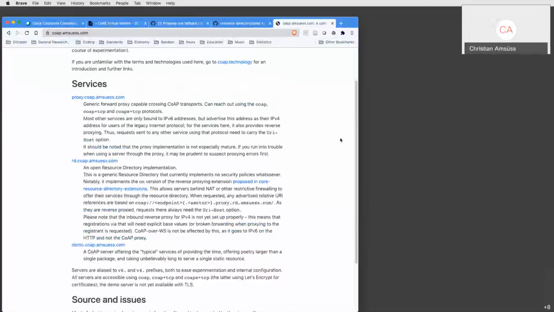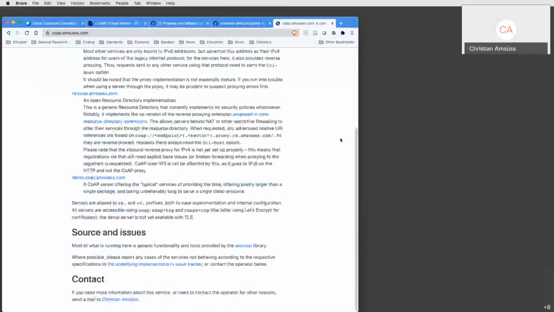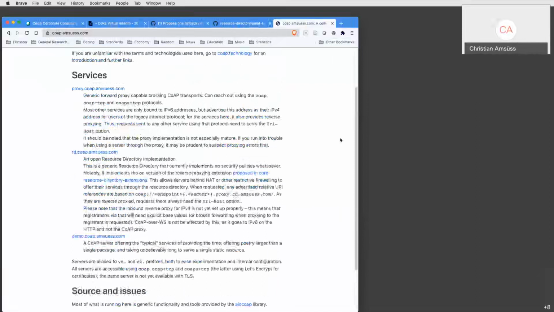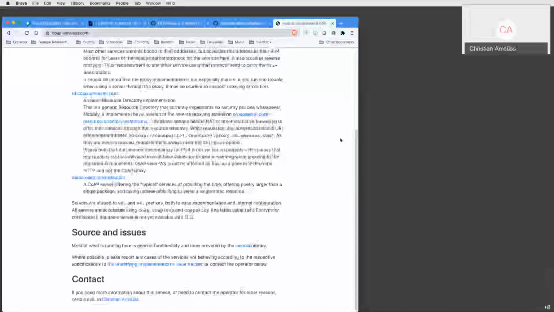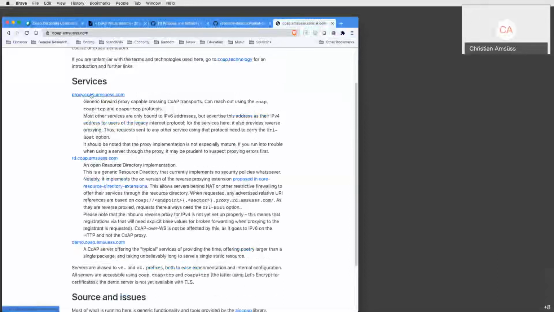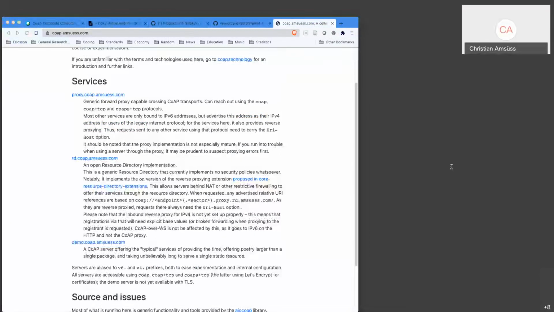It's also running a cross proxy that's not crossing over to HTTP, but crossing between CoAP plus TCP, CoAP non-TCP, and especially now CoAP plus WebSockets protocols. So if anyone wants to play around with them, feel free to use that. And also in the minutes, I've linked to a now existing, very minimal, I'm hoping, still working to get it fleshed out, CoAP over WebSockets client and server implementation that can run a few demos so you can